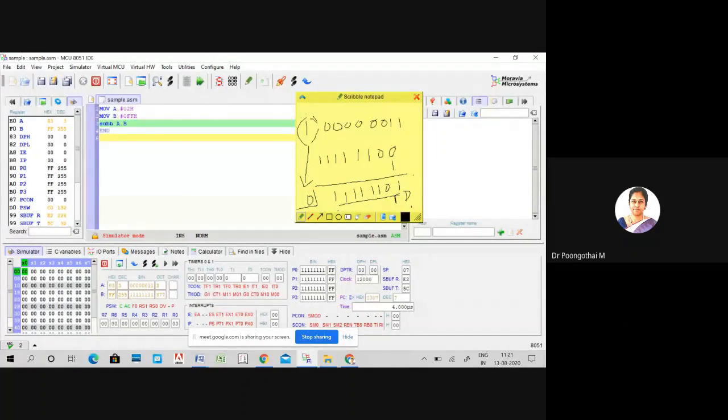Initially, I am subtracting 02 from FF, you will be getting FD, okay? And when I am subtracting FF from 02, you will get the result in 2's complement form. For converting that 2's complement to true form, again we have to take 2's complement of 03. FD is the original answer. FD is the true form of the subtraction value.